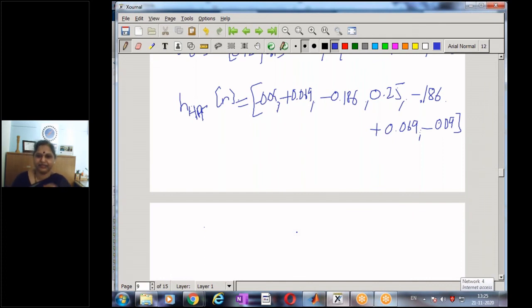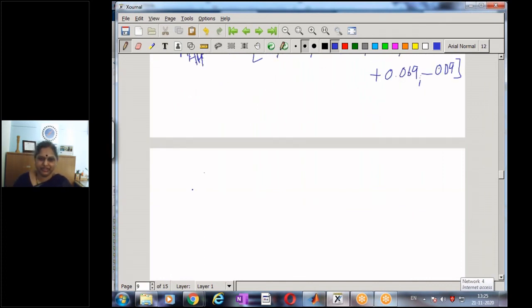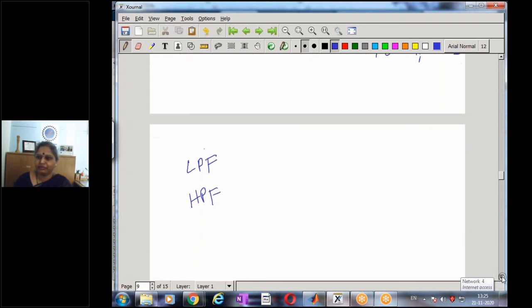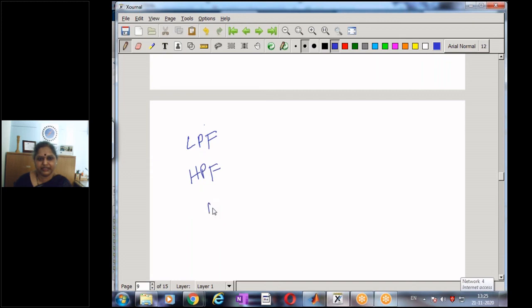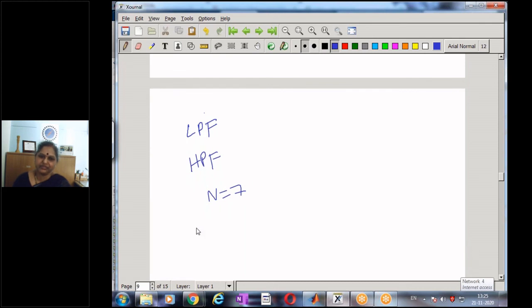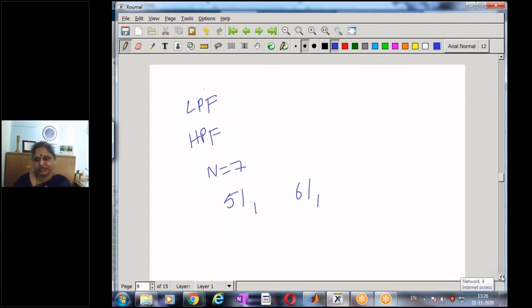We have now seen two examples: the low pass filter design and the high pass filter design. And of course, we can do the design for any other filter. For manual implementation, we used a small length of 7. But a practical implementation of an FIR filter that has to closely approximate the desired response is going to be large, say 51 or 61. So N has to be large for a reasonable representation of the filter. With this, we conclude the design of FIR filters using window functions.